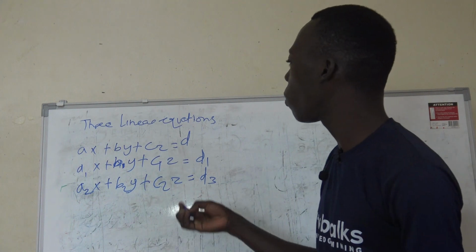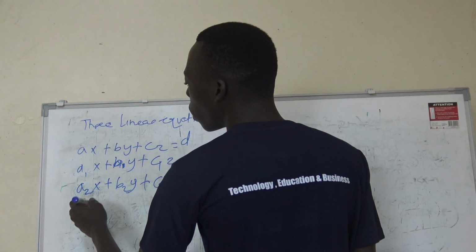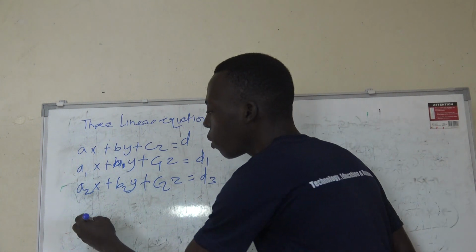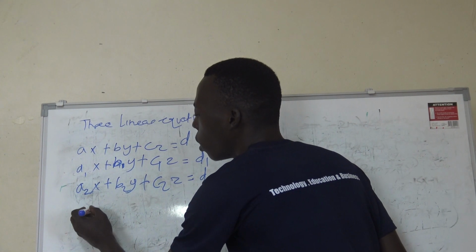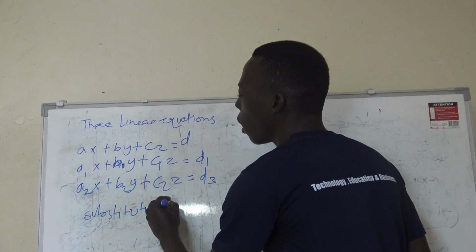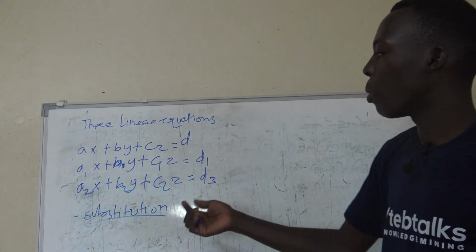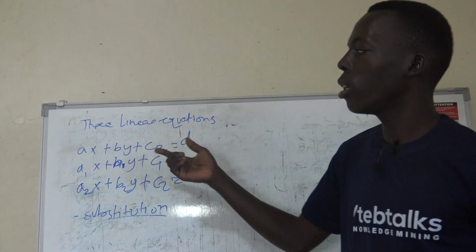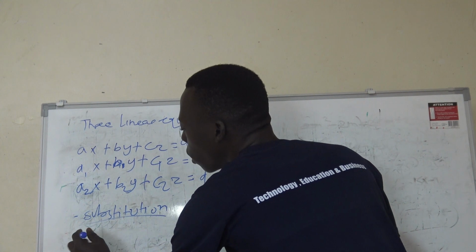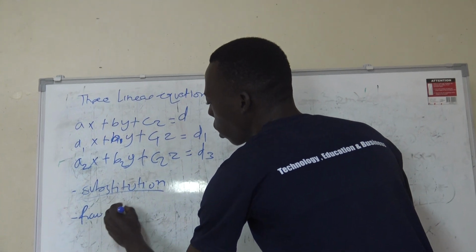Now, when we are solving these three linear equations, we can use two methods. The first method is what we call substitution. This one is even used when solving the two simultaneous equations, but it can also be used in the three linear equations. Another one is what we call row reduction